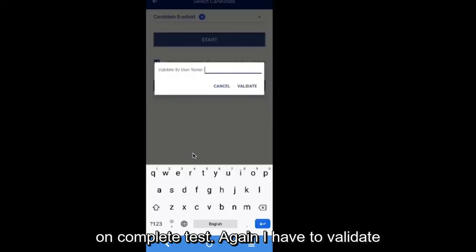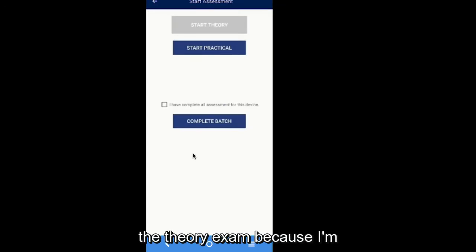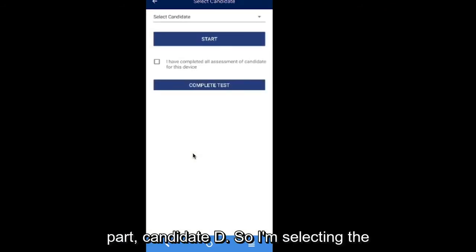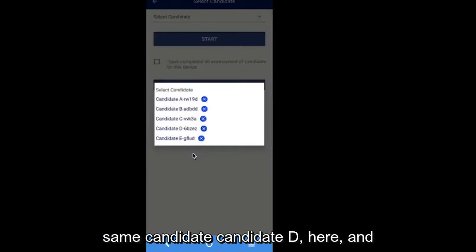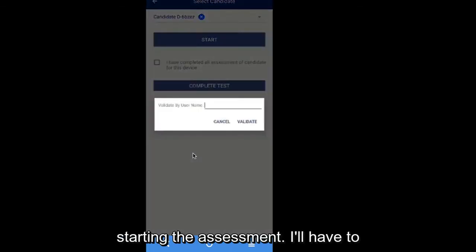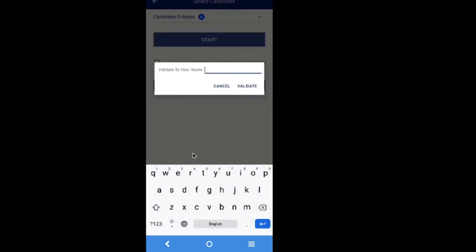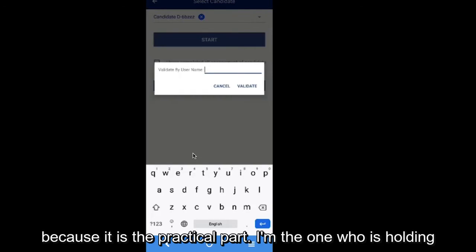Again, I have to validate with my ID. Now I cannot re-enter the theory exam because I'm done with the theoretical part. Now similarly, I'll go into the practical part, candidate D. So I'm selecting the same candidate D here and starting the assessment. I'll have to validate. Now I'm not giving it to the candidate because it's the practical part.